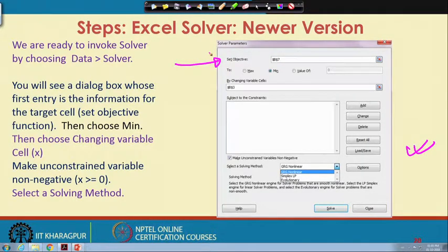You have set objective, you have to solve a minimization problem, and the changing variable. Now, note the difference here. You can select a solving method.